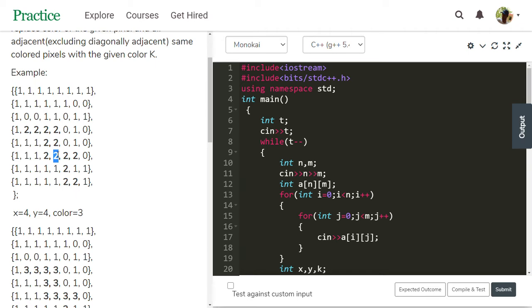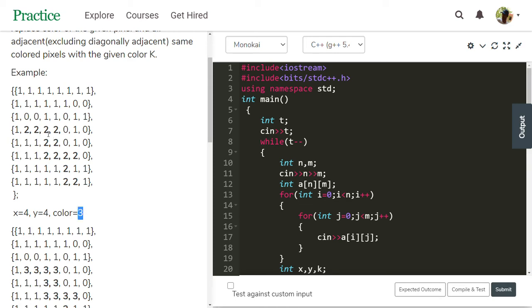The 3 2's have the same value as this 2. Then changing this value to 3, the adjacent values, these 3 2's, also change to 3. Then we check this element: is there any adjacent 2? Yes, this is also 2, this is also converted to 3.